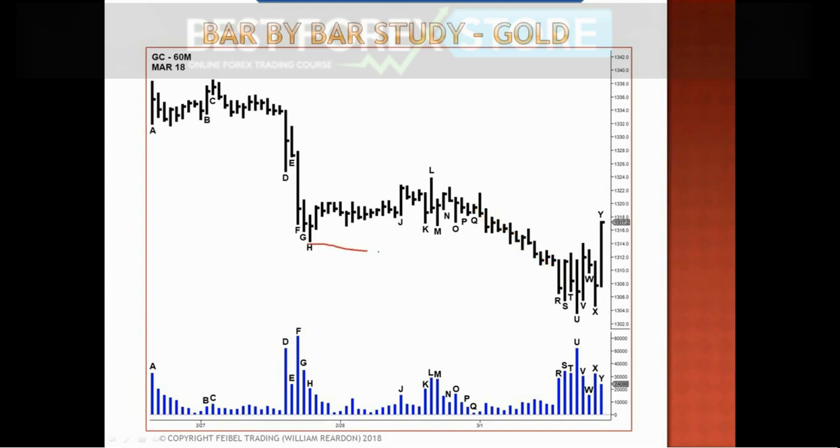Clearly, we could draw this in. We note that R breaks support with good volume, closes weak, good price action, valid break. There is no reason whatsoever that we would not think lower prices are on the cards from R. No reason at all. Bar S, surge in volume, wide spread, that dips under R and reverses to close firm,